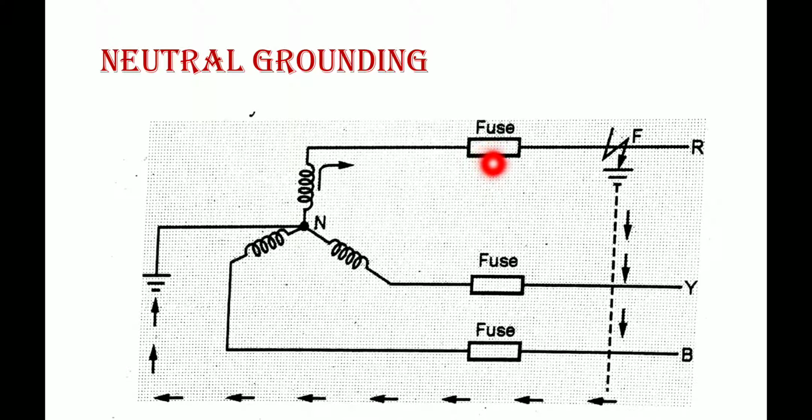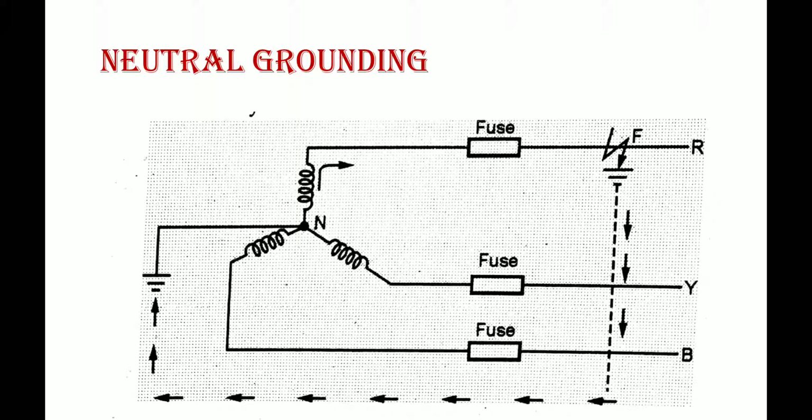Then what will happen? Suppose this fuse is going to be blown off, it means it is going to isolate, nothing but separate the faulty line from the rest of the two healthy phases itself. Keep it in mind. So that is the reason this will protect the system from the harmful effects, such as damage to the equipment or electrical shock to the personnel during the fault itself. Getting? So this is all about what?